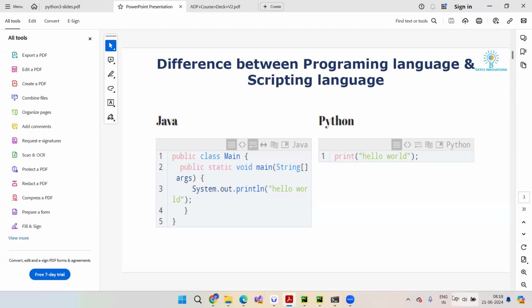If you have heard about programming languages, you would have heard about Java, correct? C Sharp. They all are considered programming languages, but a scripting language has different uses. I think you would have heard of the language called JavaScript, correct? Yeah, I've heard of that. So that's why in JavaScript you have "script" at the end. That script tells us that it is a scripting language. Similarly, Python is also considered a scripting language.